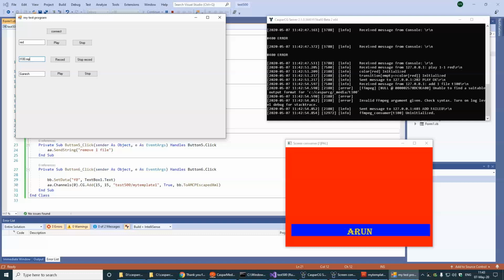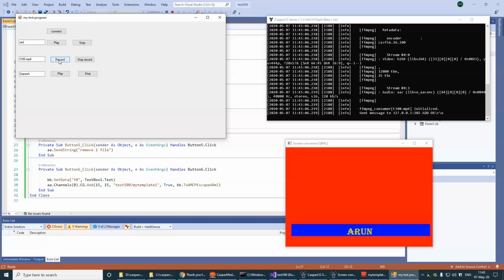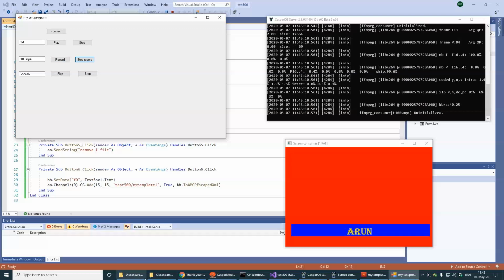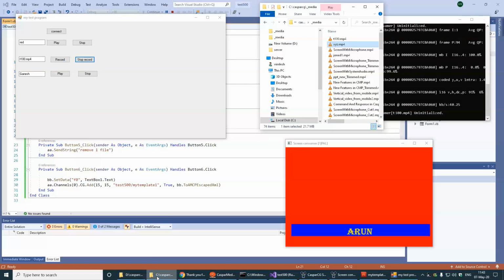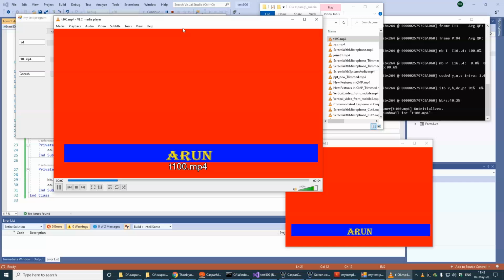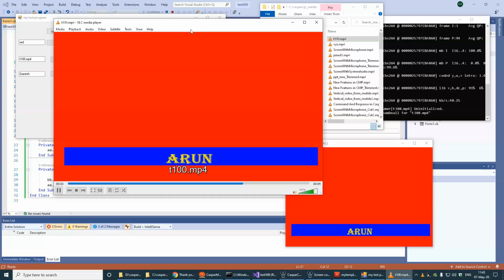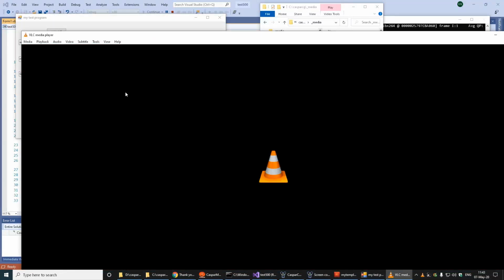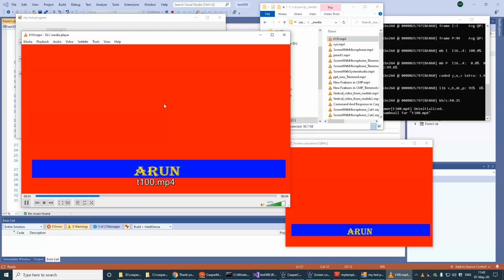So it will not record because the MP4 extension is not given. Now T100.mp4. So add OK means it is recording. Now stop the recording and you can see the T100.mp4 file has been recorded. Now it will contain whatever there was on the line, it will record as a single file. Thank you very much.